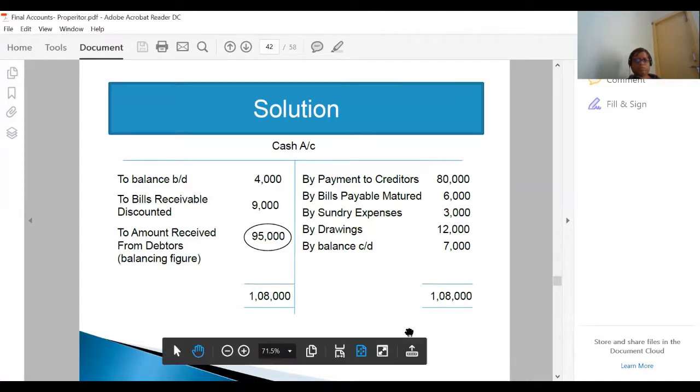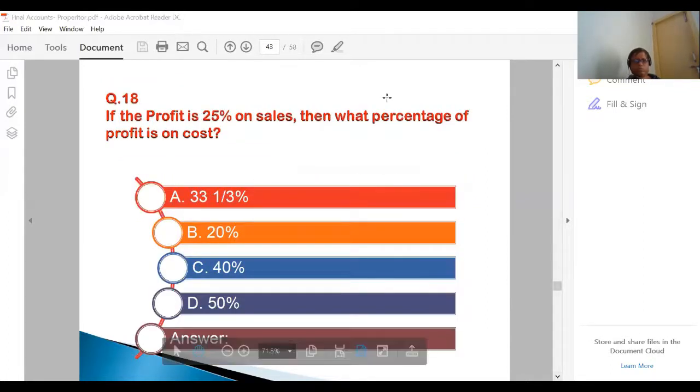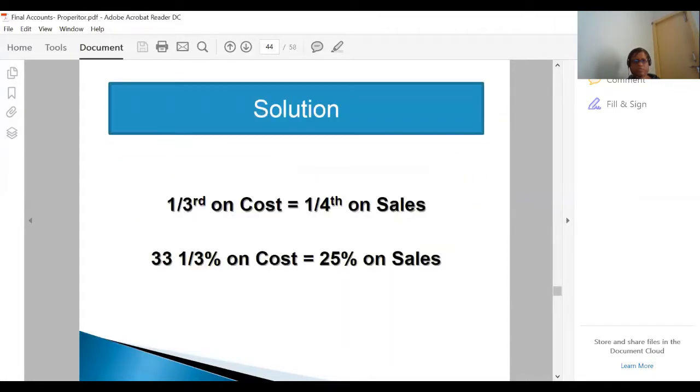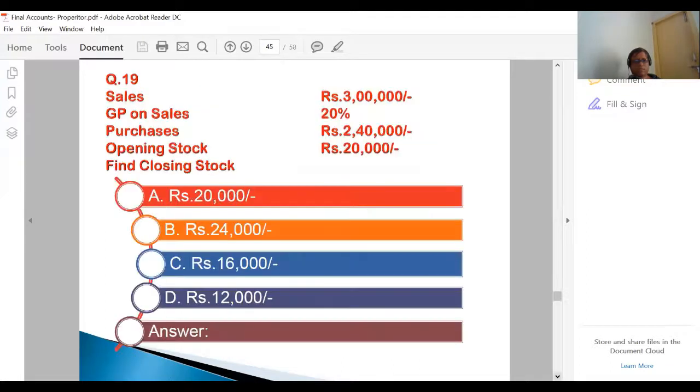Thank you. So we'll move on. So 18th we have done, 19th we are going to do. Sales is 3 lakhs, gross profit is 20% on sales, purchase is 2 lakh 40,000, opening stock is 20,000. What is the closing stock? Right? Purchases plus gross profit